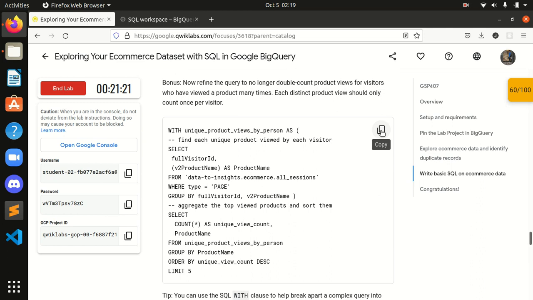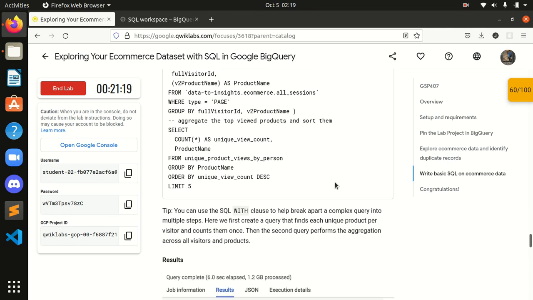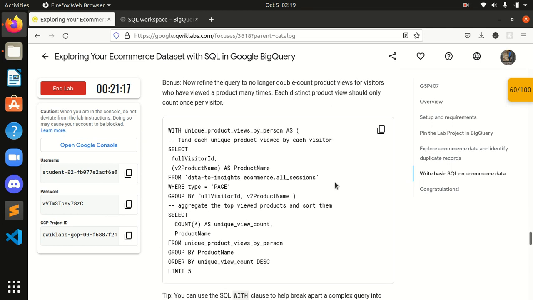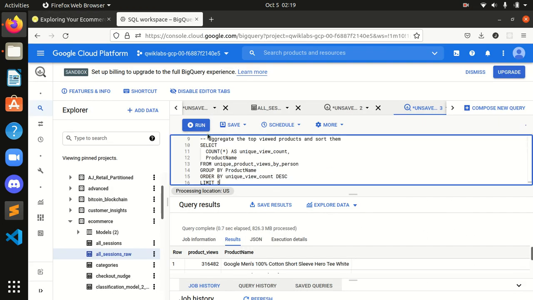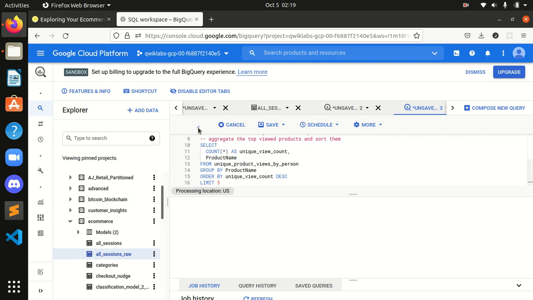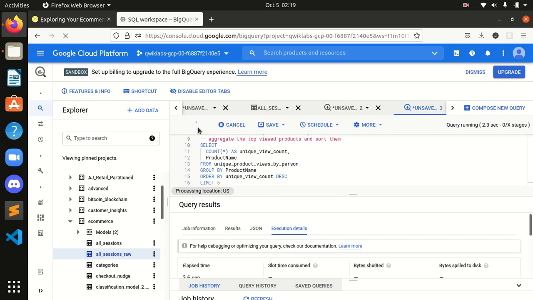Now this query, now I will be going with this. And guys, as you can see, it's running over here.